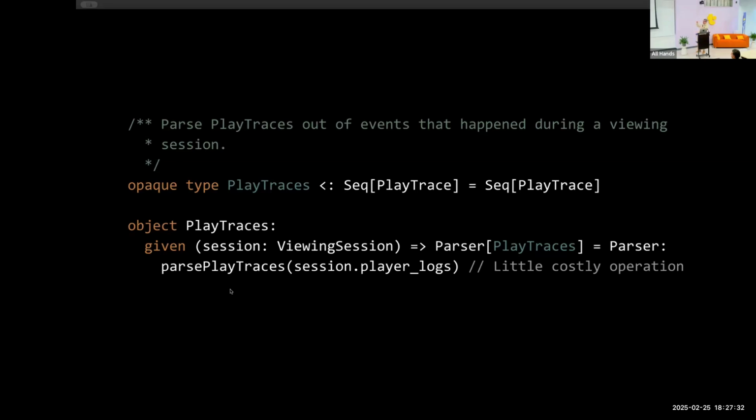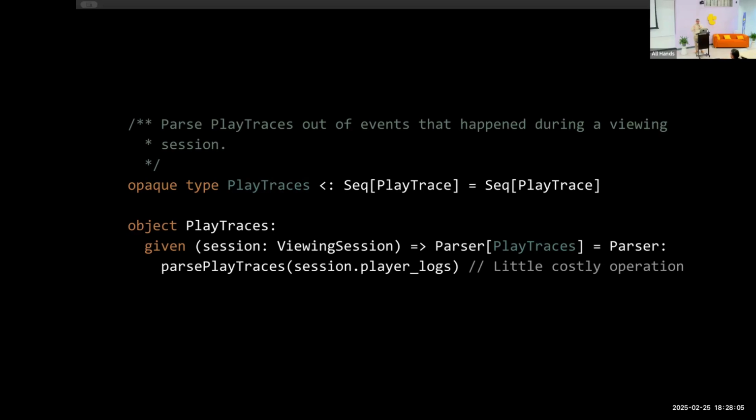And let's note that it's a little bit costly. You have to parse stuff from the logs and everything. So let's say you have to sanitize, go through, the player did not log some stuff, so you have to reconstruct the session. All the devices are not logging the same way, like iOS and so on. We have a lot of devices. TVs, we support TVs up to, I don't know how many years, like 10 years. So obviously some features are not there. So we're trying to reconstruct stuff. So this is an operation that is a little bit costly.